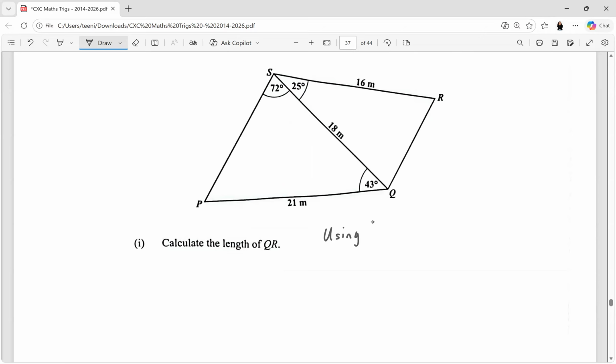Using the cosine rule, QR squared is equal to the sum of the squares of the other two sides. That's 18 squared plus 16 squared minus 2 by the product of those two sides by cos of the angle opposite QR. So cos of 25. So this would be 18 squared plus 16 squared is 580 minus 2 times 18 by 16 by cos of 25, which is